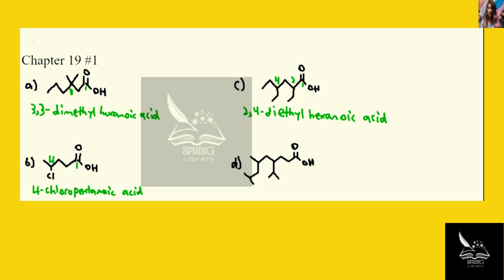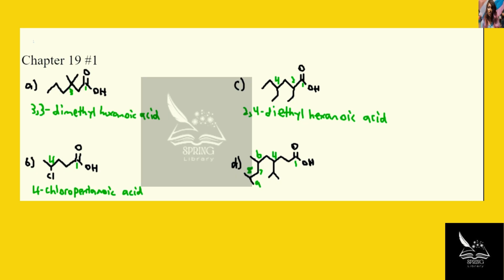Yeah, and so D is sort of more complicated, but not really. So if we name this as carbon 1, 3, 4, so we have an isopropyl group from carbon 4, and then on carbon 6 here we have a methyl group, because remember we do need to name this as the longest possible chain, and so we'll actually end up calling this